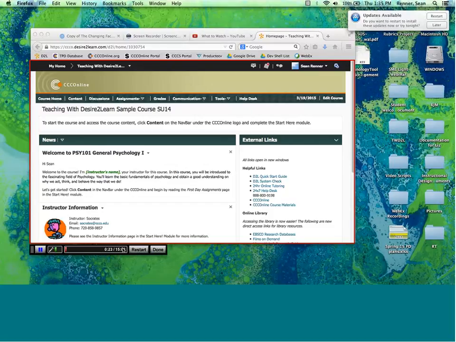Camtasia Studio is something that you have to buy. Of course, you can record for as long as you want to, assuming that you have space on your hard drive. Because this is a free tool, it's a web-based tool, you don't have to pay anything for it. This is one of the limitations that they've kind of put in there. There is an option to pay for a pro version of Screencast-O-Matic, where your limit is higher than 15 minutes.